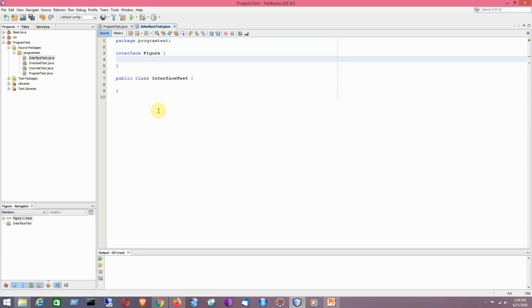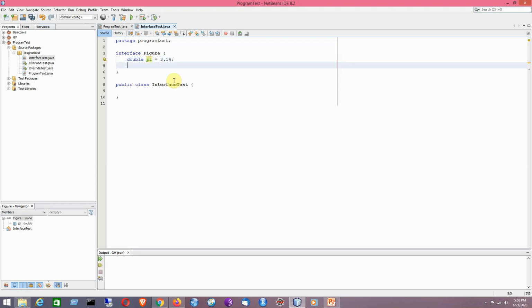It is having a field named, say, pi, which is having the value 3.14, for example.